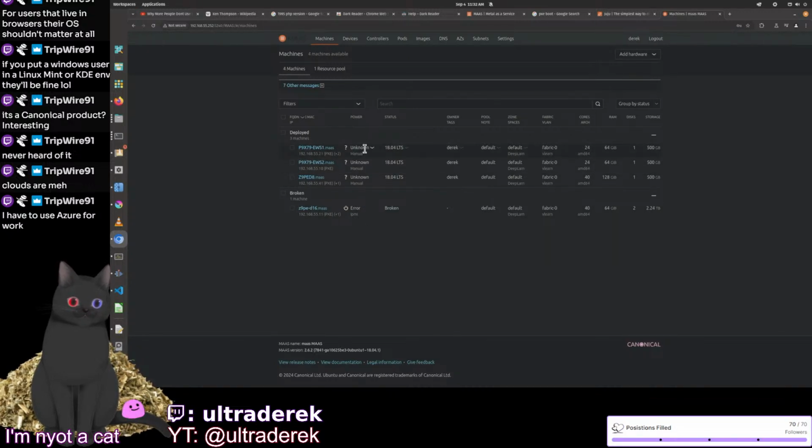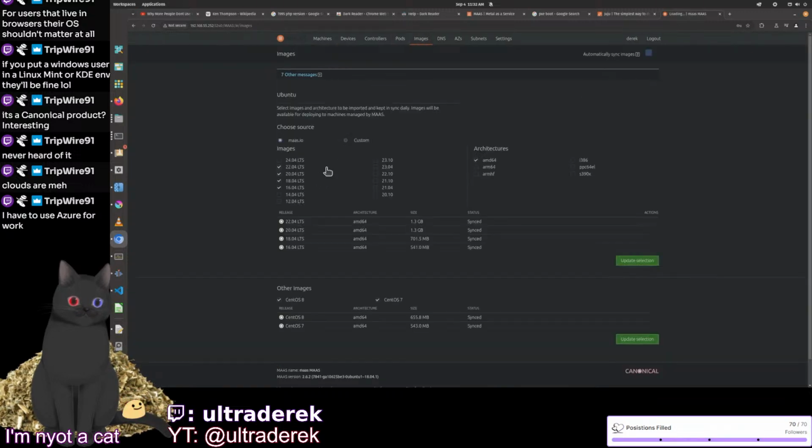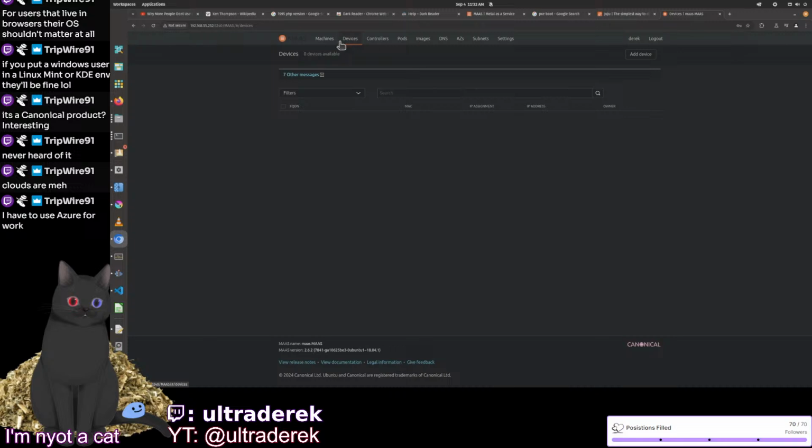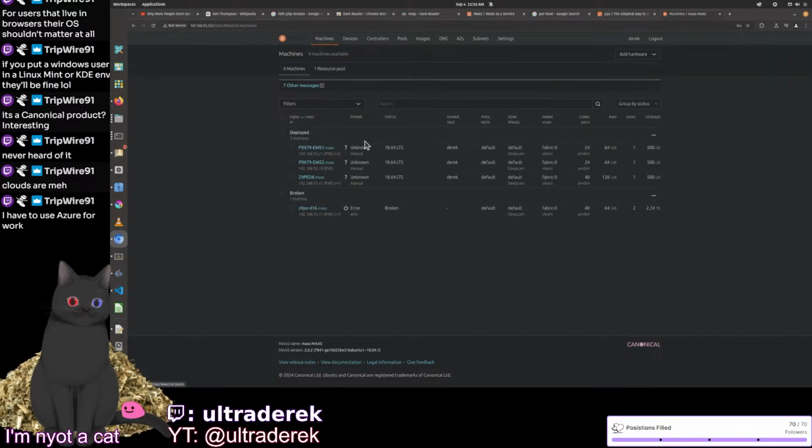But I have basically four machines I can hook up. You can set up your network and all that, images. The thing is, if you have power management on these PCs, then you can boot them up and shut them down. That's great. But if you don't have it, you can't do that. I was trying to get boot, I forget what they called it, some sort of boot over